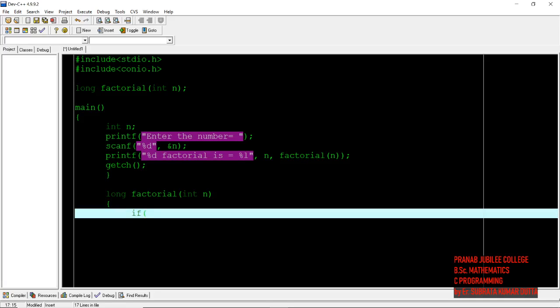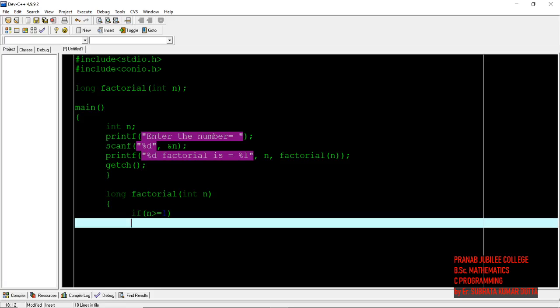As we said, the condition is if n is greater than or equal to 1, it will follow n into f of n minus 1, as in the theoretical example. So here it will be n into factorial of n minus 1, right?